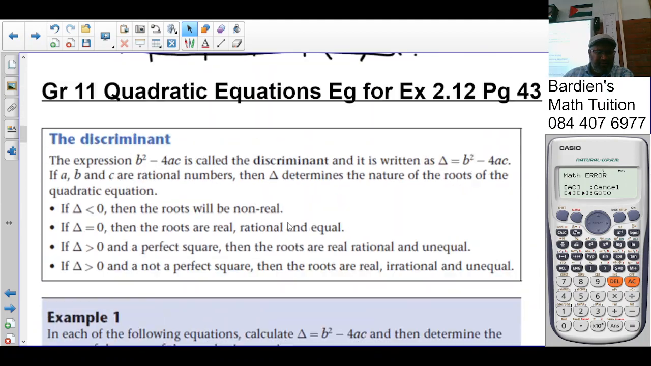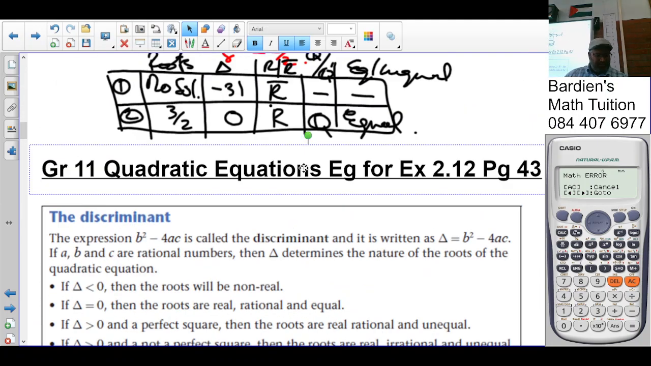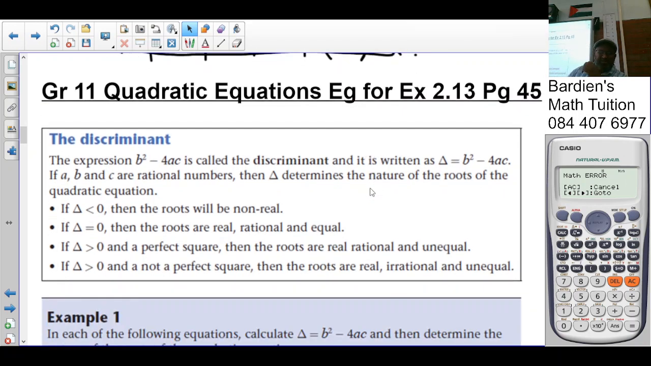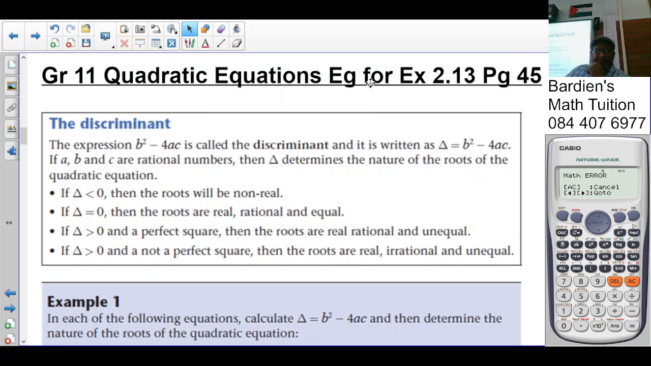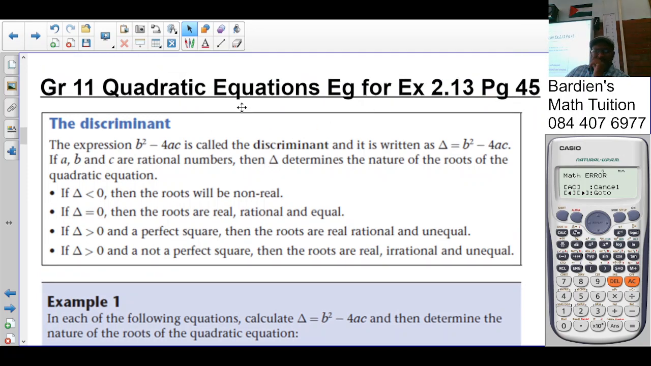Alright. So basically we're looking at quadratic equations, the examples for exercise 2.13. And exercise 2.13 is on page 45. At this point, we've discussed the table in 2.12, and we came up with this